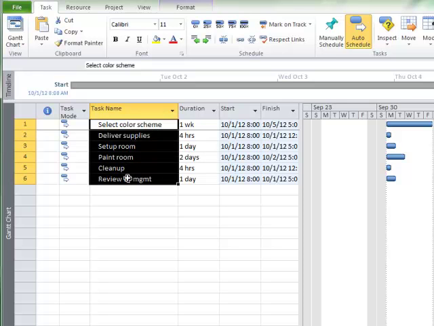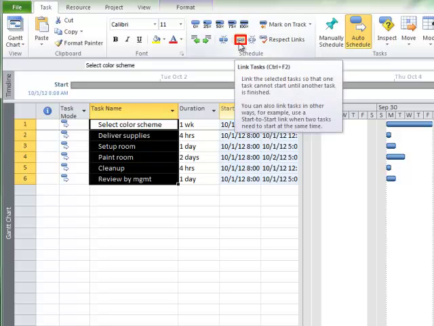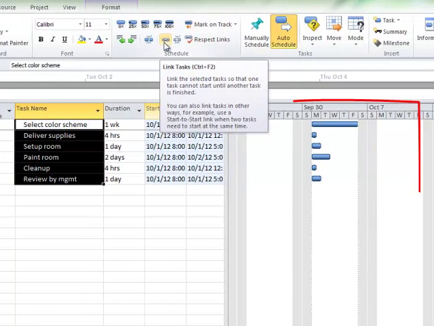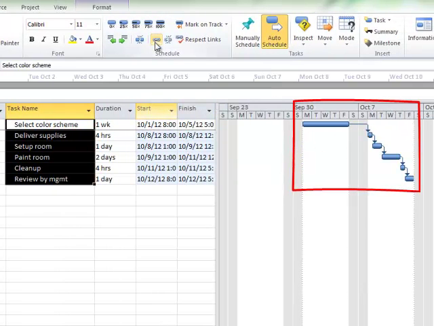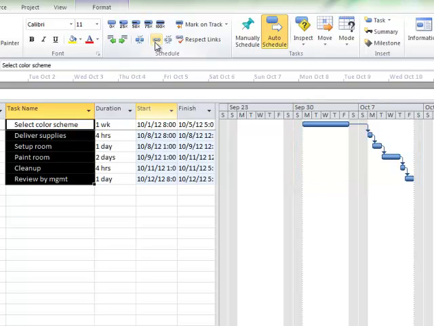Then, to link the tasks that have been just selected, I'm going to click the Link button in the Schedule section of the Task tab. Notice that the Gantt bars on the chart side of the schedule view have all aligned themselves in sequence. If this is the first time you've ever used Microsoft Project, what you have just done should strike you as quite impressive. A couple of tasks, a couple of clicks, and bam, you have a schedule for the Dressage Delights